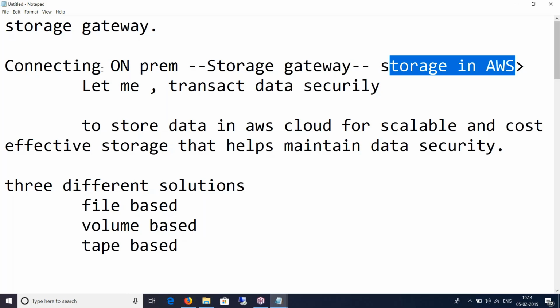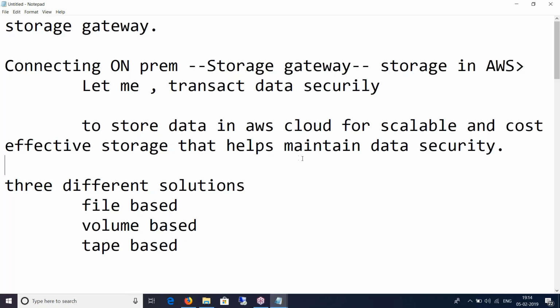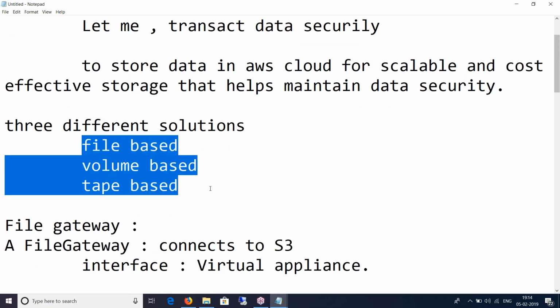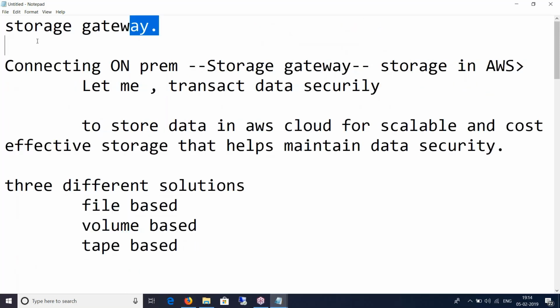You can push any amount of data on your premise, and storage gateway will take that seamlessly, and it's a cost-effective storage. And since there are different kinds of storage that people usually have on their premise, Amazon has made 3 different kinds of storage gateways.